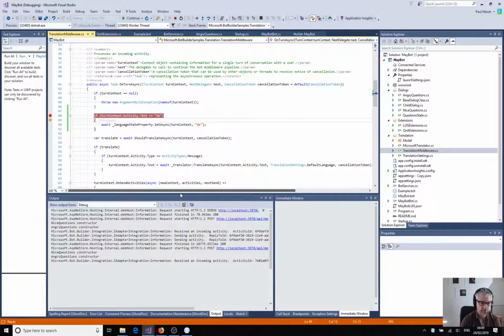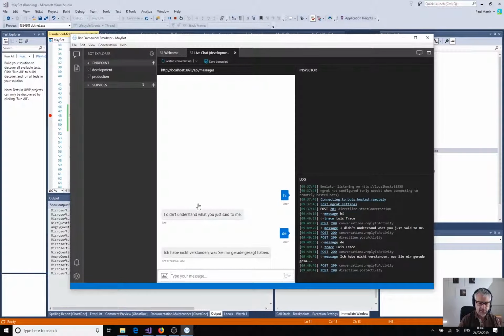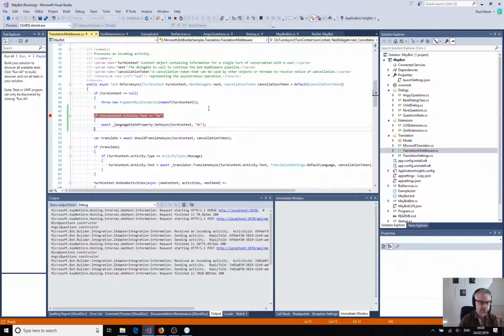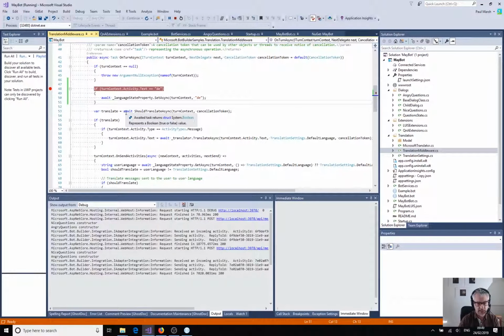So we're going to set the language as German. Okay. Still going to get I don't understand. But now you'll notice that it's coming out with German. So how did that happen? Let's come back in here. Here is the translation aspect where a message is coming in. Should it be translated? If it is a message, then we go off to the translation API and translate it, and then alter the activity text. So we come in with a German phrase, translate it into English, and put the English as if the user had typed in the English, and then the bot will carry on working,